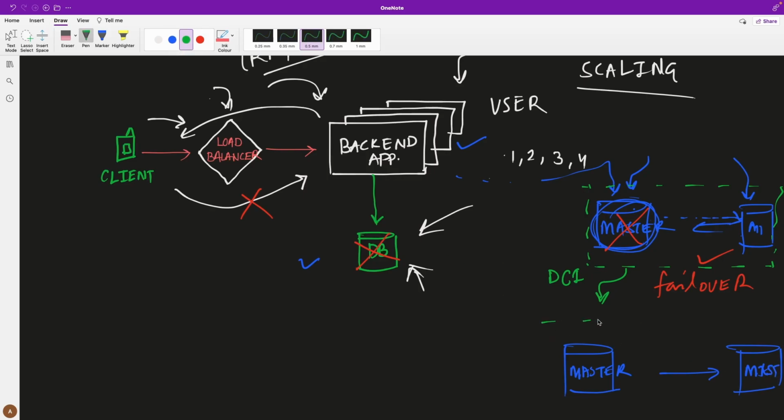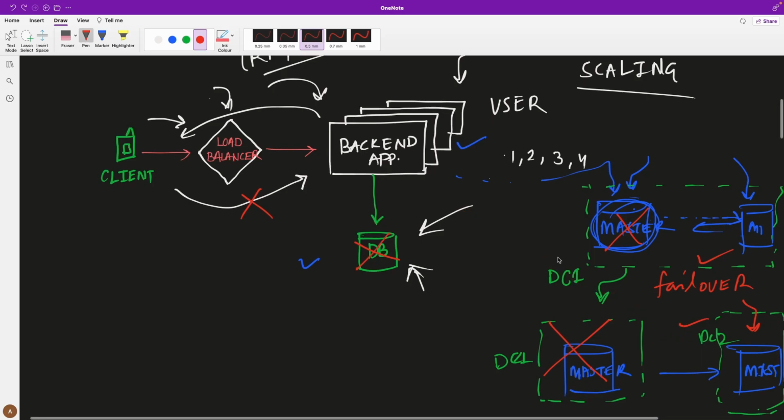Let's call this DC1 and this DC2. If there is a power cut or power failure in one data center, it will not impact the second database instance, and this can now become the master and start taking the requests from your application server.